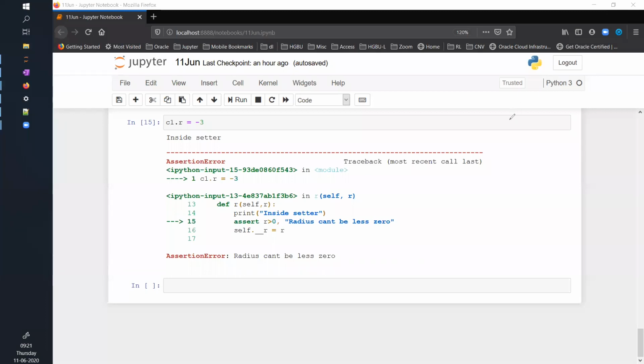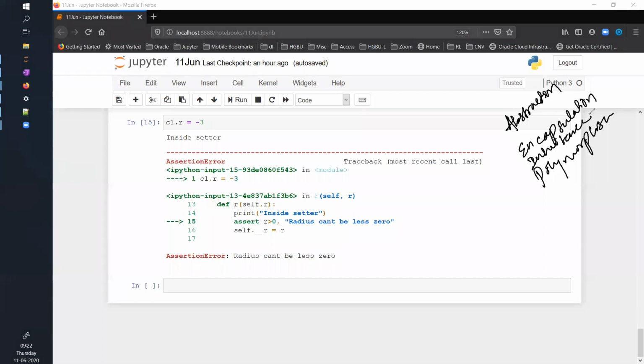One is called abstraction. Okay, then we have something called encapsulation. I will just write some of the keywords which are there. Polymorphism, and there is one more, inheritance.